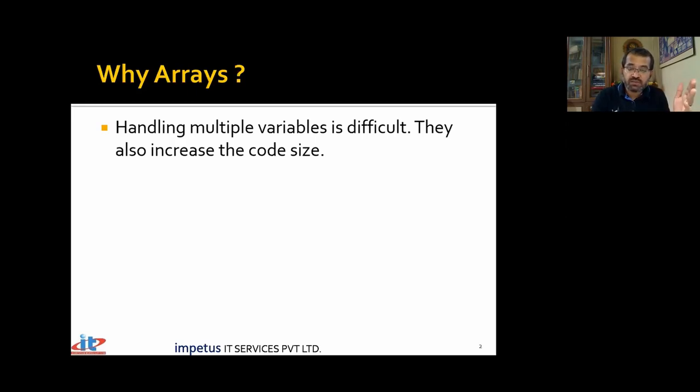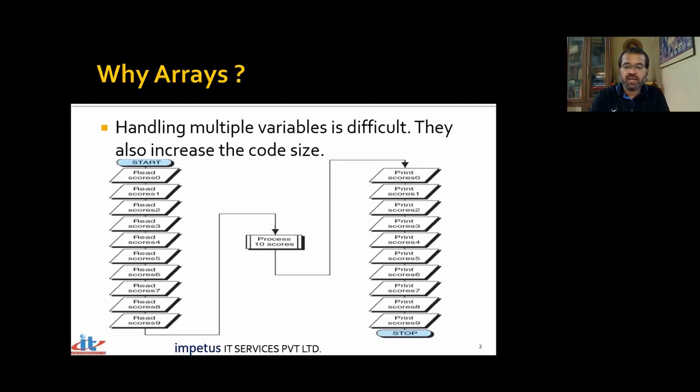These are different variables. I may require all those variables at some other location later. So it's not like one variable in a loop that you keep accepting. That's not the case. We have different variables, and I have to accept different values and store them, and I want those values later somewhere in the program. So even for the most basic operation like accepting and displaying, you will end up writing a lot of code. Your program size is unnecessarily going to increase.